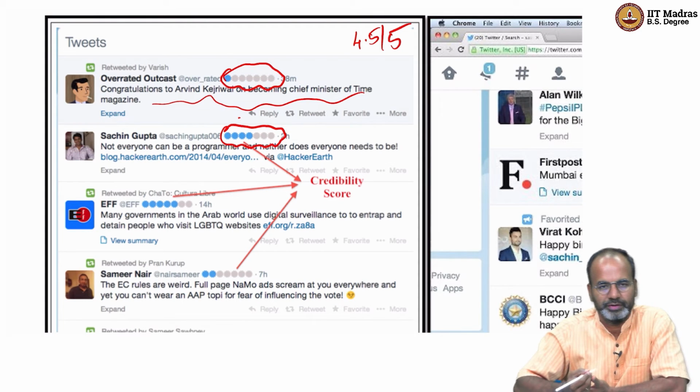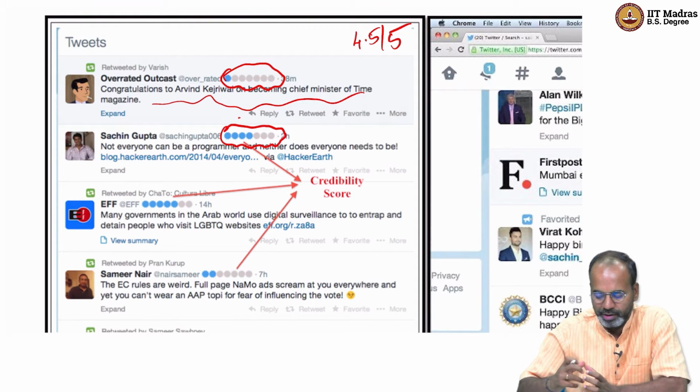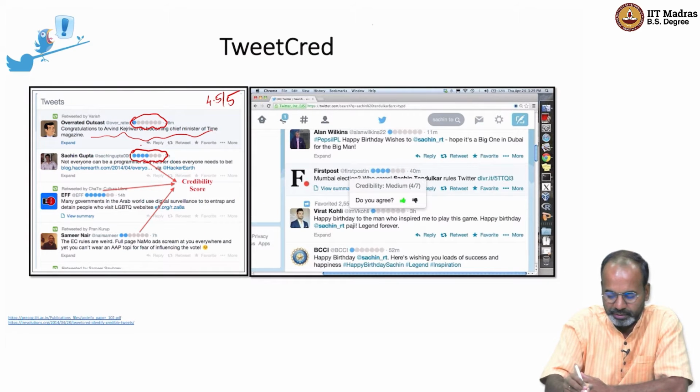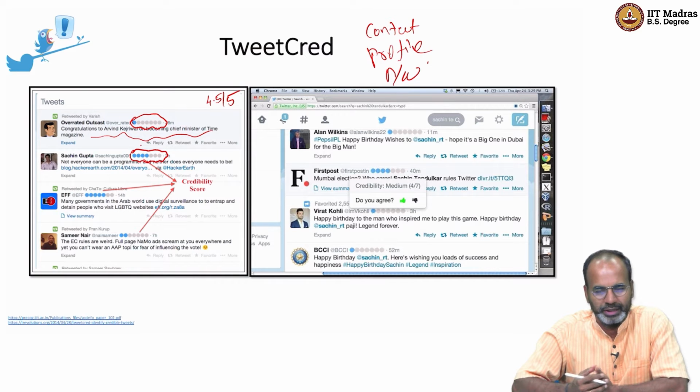Here it is rated on 7, but the idea is some rating of the content itself. This rating is done in multiple ways, using the things that we have discussed before: content, profile, network. Content is the tweets, profile is professor, computer science, IIT Hyderabad, all of that. Network is people who I have connected with, people who are connected to me. All that can be put together to create the score.